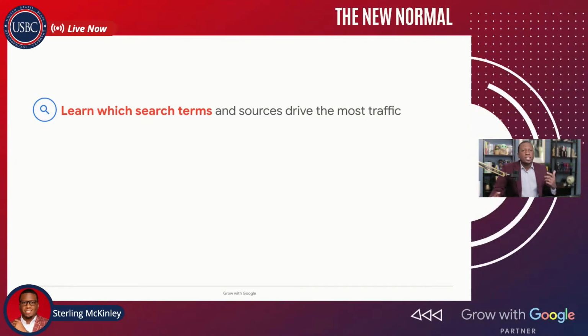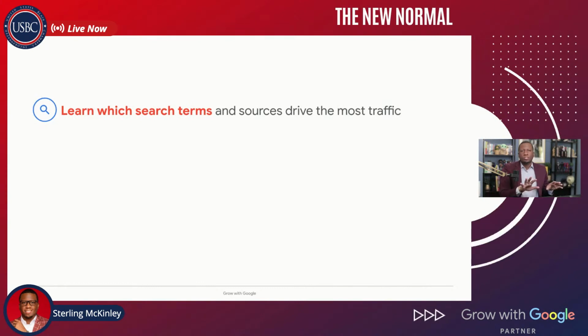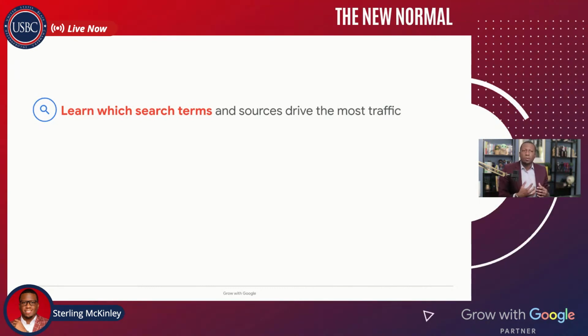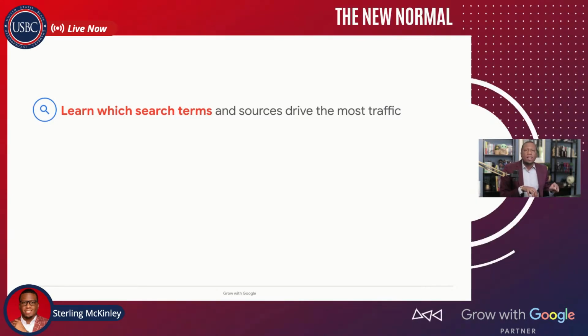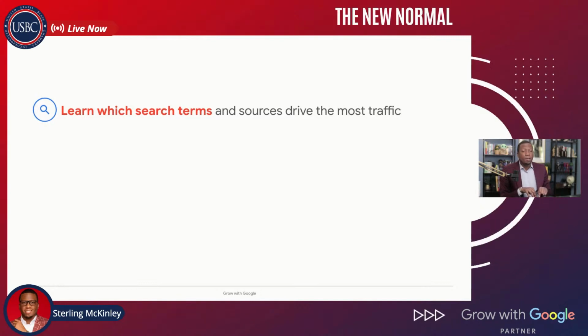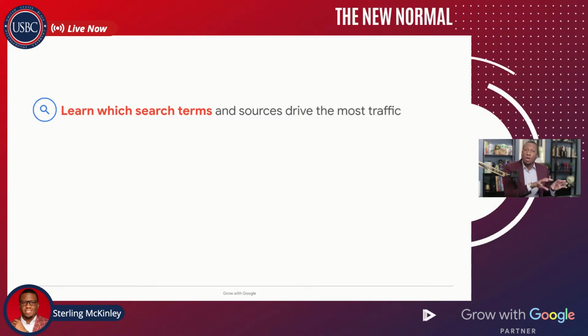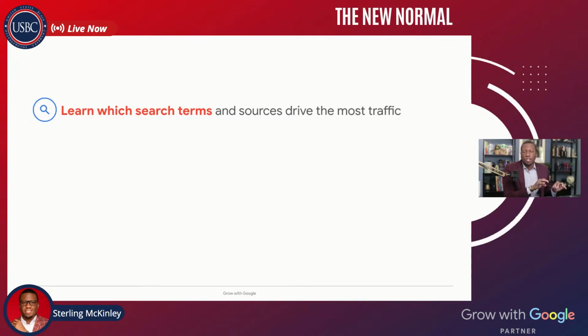One of the easiest ways is to go to Google search, clear your browser history, and pretend that you're your customer. Type in the words somebody would try to find you with. And once again, type in words that people will type in when they don't know your name or your service. They'll type in a broad category to find you.